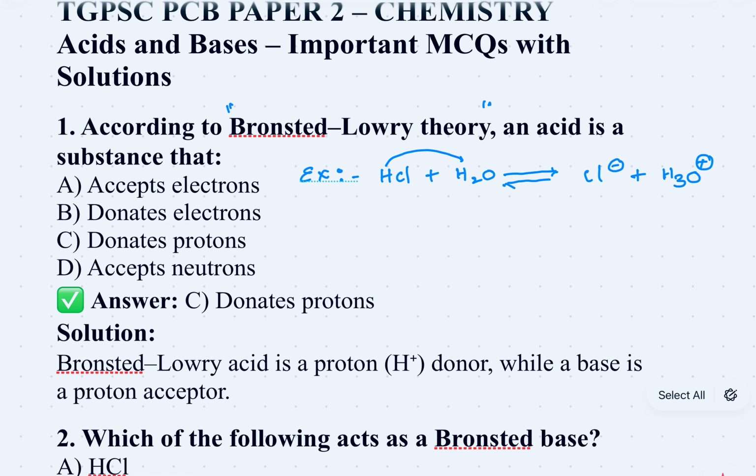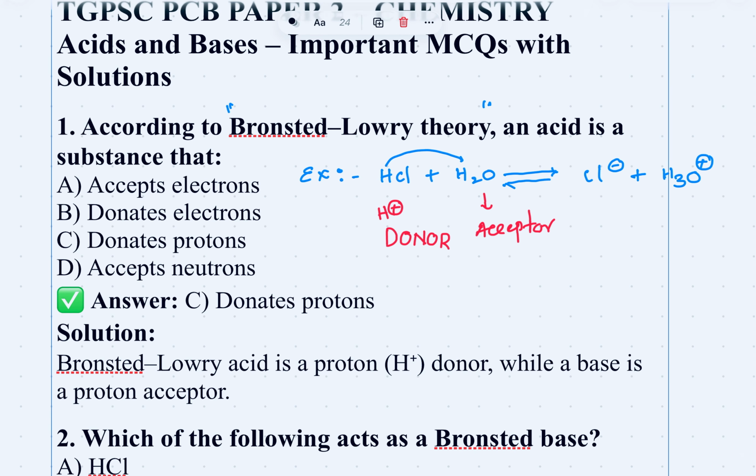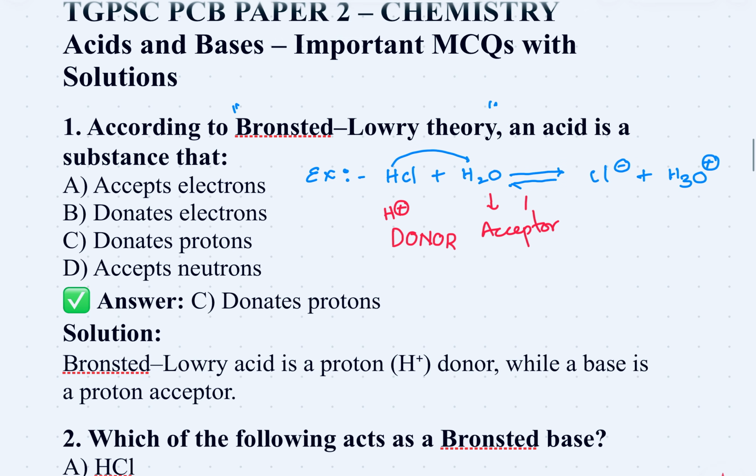See this. Here it is called the proton donor. Proton means H plus. This is here the proton acceptor. One is the proton donor, another one is the proton acceptor. Clear, sir? So the proton donor is generally called as